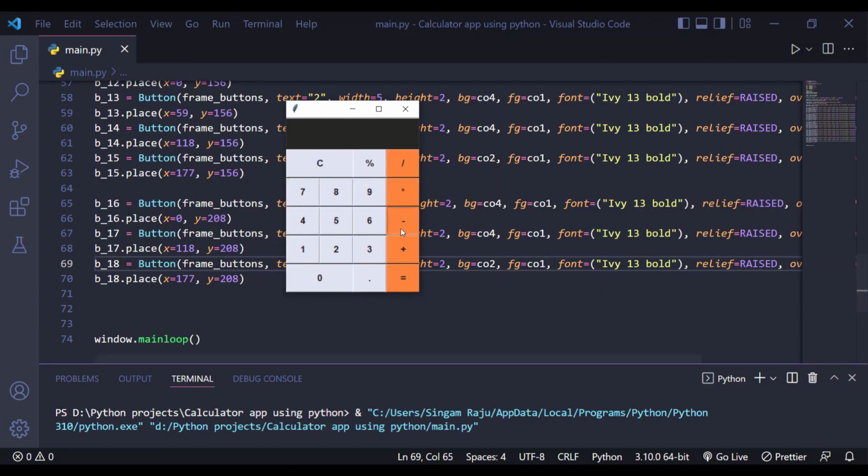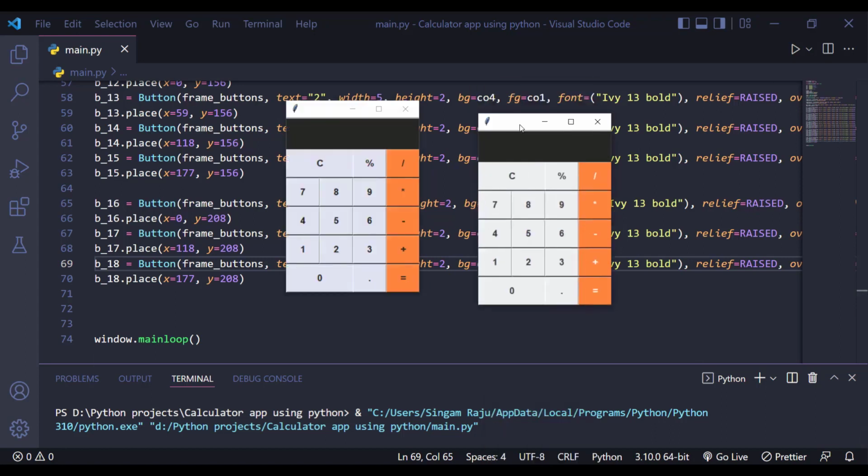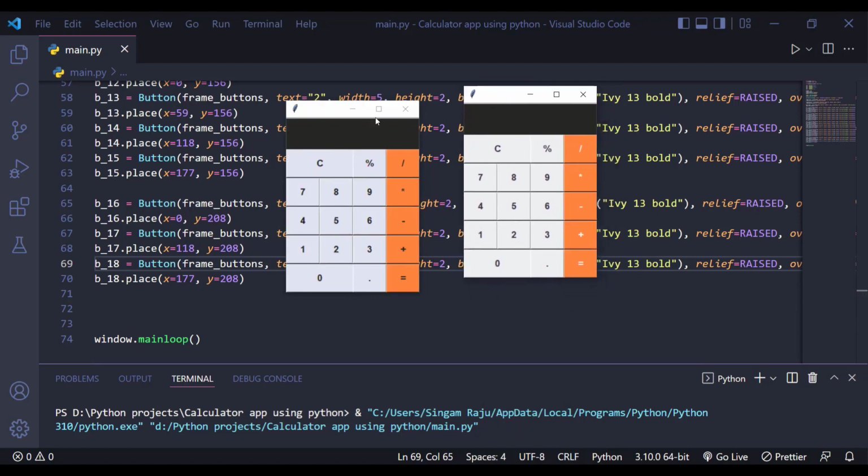Okay, now we worked on buttons, right? Now it's time to work on the actions. So first we'll work on the logical part. So for that, I'm gonna create a function called entering values. Like if you're clicking on 1, for example, this is really interesting, and be careful while listening to this logic, guys. Okay, if you see here, if I'm clicking on 1, it